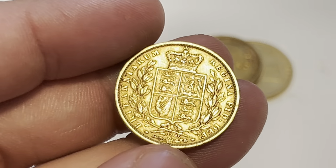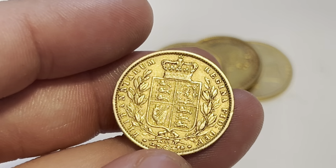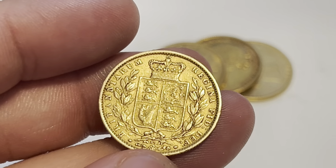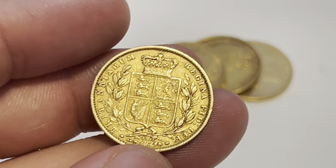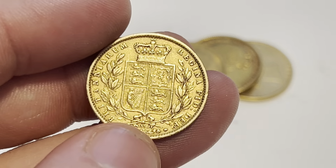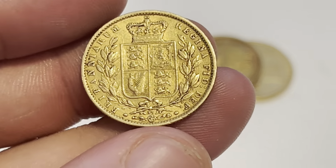Die mark 33, so it indicates it's a London. By the way, if it's a Sydney or a Melbourne, I'm not sure they did Perth on the shields. One moment. Melbourne, so MS. No, they didn't. They didn't do Perth on the shields. It will have the mint mark here. If there's no mint mark, it's a London. If it's got a number, it will be a London. For those of you that didn't know,